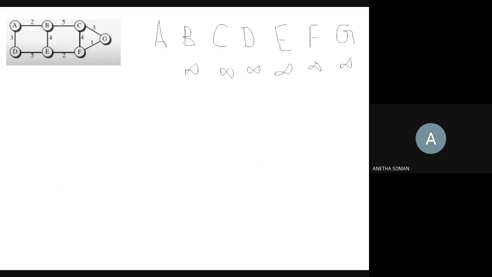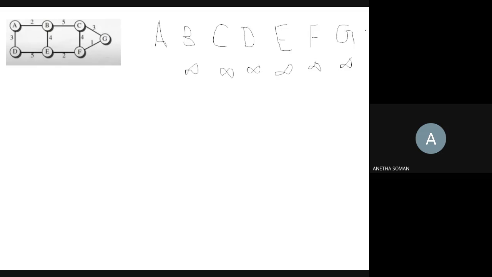You have the nodes A, B, C, D, E, F, and G. Initially, I will write all the nodes here: A, B, C, D, E, F, G.